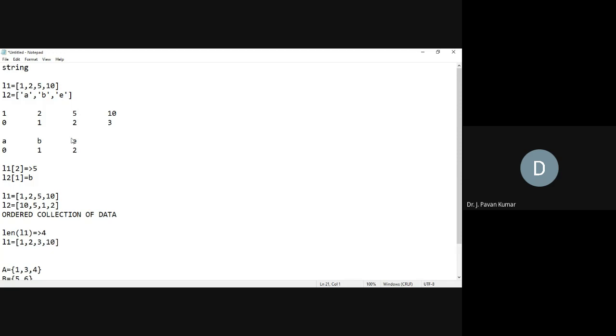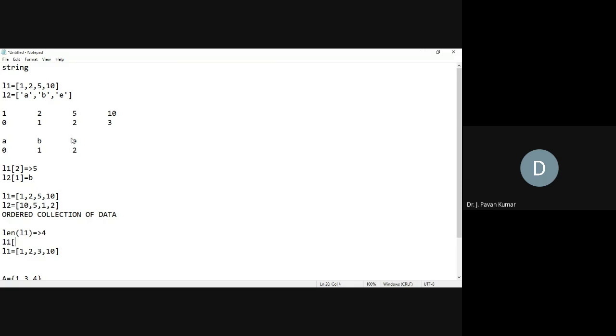Then what is the element that we wanted to change? 5. What is the index of it? 2. So by using that index, we have to change. It is changeable. That is what you have to observe here.